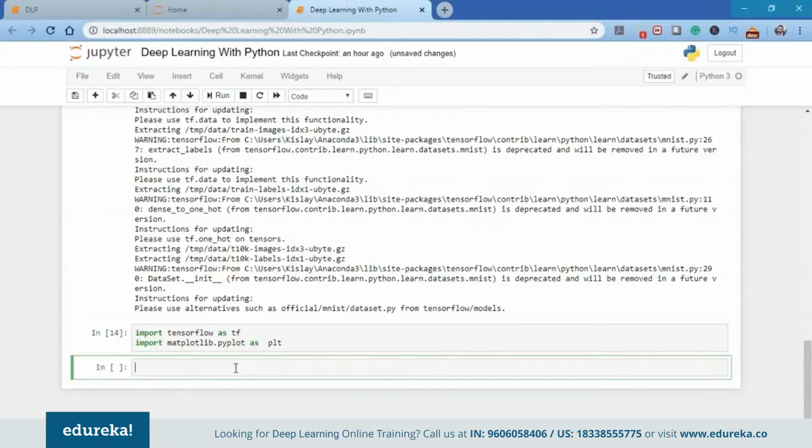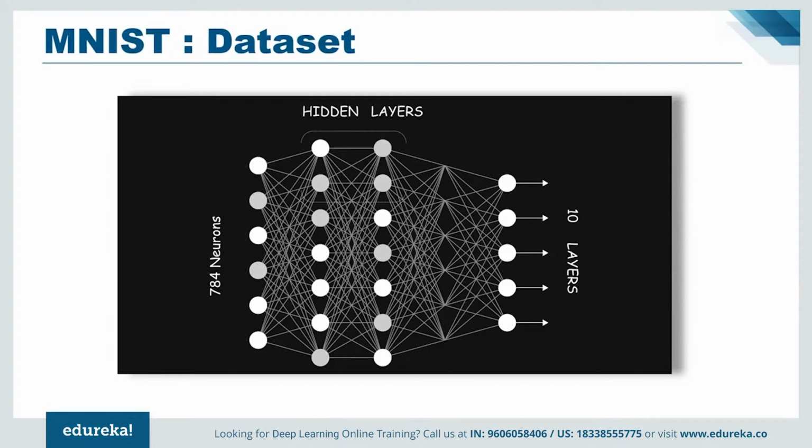Next, what I'm going to do is initialize the network parameters. In the image earlier, we saw that we had two hidden layers, one input layer, and one output layer. I'm going to create two hidden layers which have 256 perceptrons. This number is arbitrary. You can use any number of perceptrons in a single layer. It depends on you. For the input layer, I'm going to use 784 inputs because the image shape is 28 into 28, and that equals 784, so it will be 784 pixels. And the output layer will be 10, because as you know, the MNIST total classes are 0 to 9, which are 10 digits.